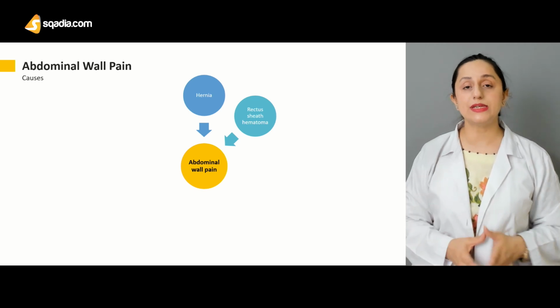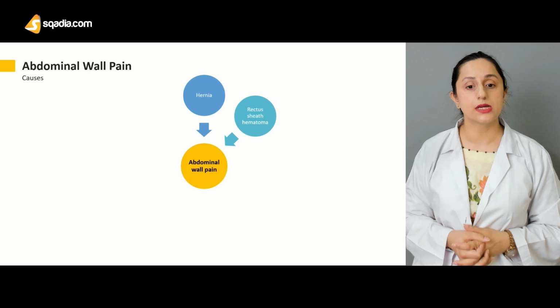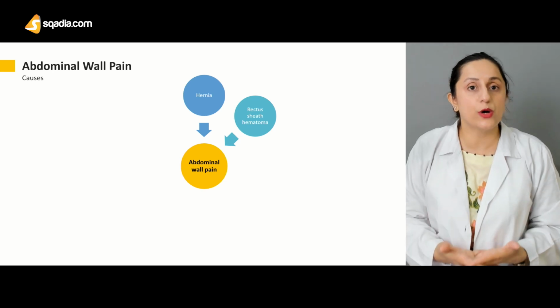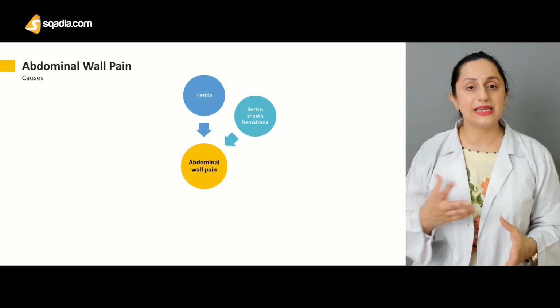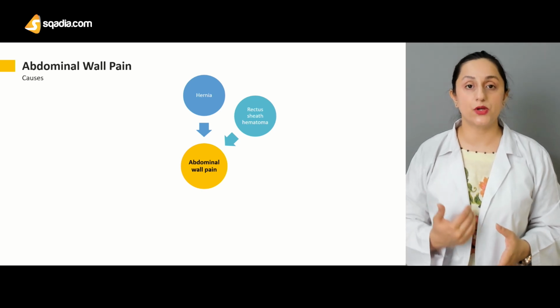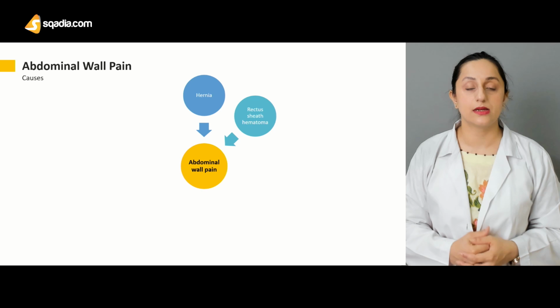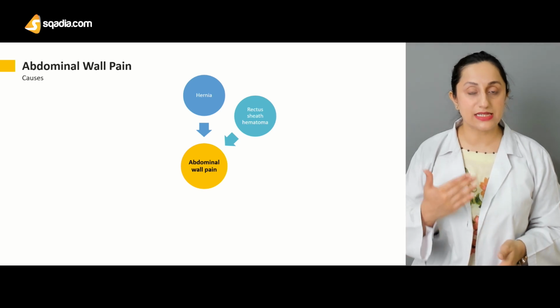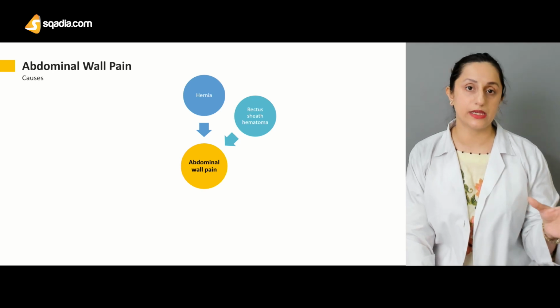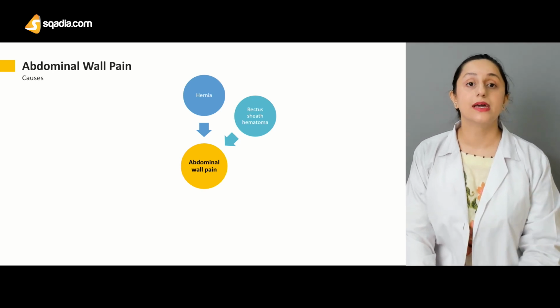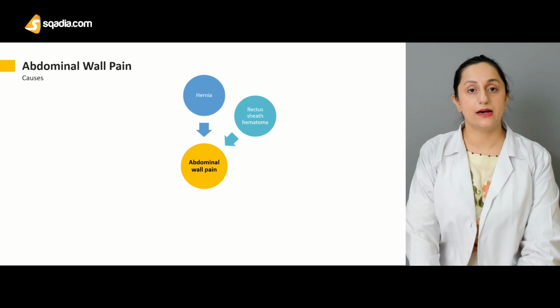Then the rectus sheath hematoma is very important. It can be one of the etiological causes. It is basically a benign tumor which is present in the rectus sheath, just anteriorly. It makes up the anterior abdominal wall. So if there is any kind of hematoma present out there,